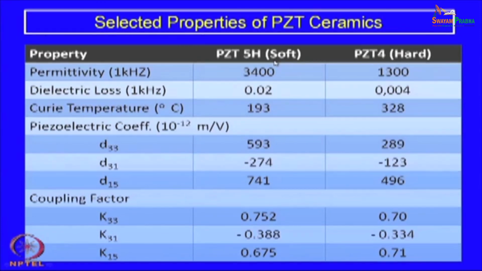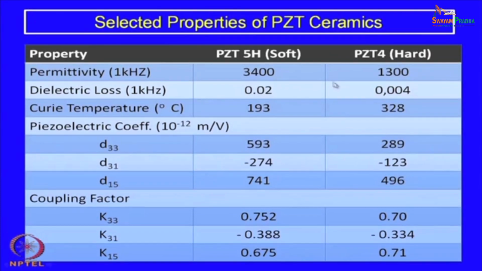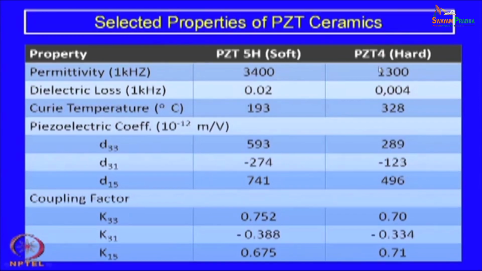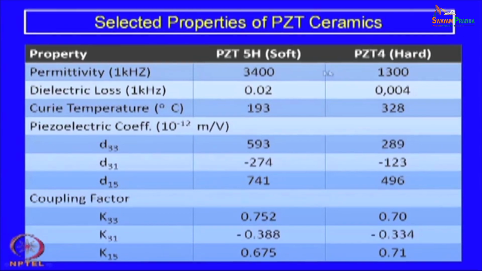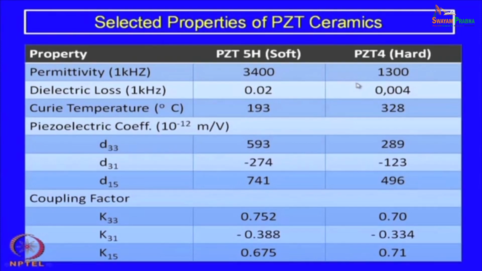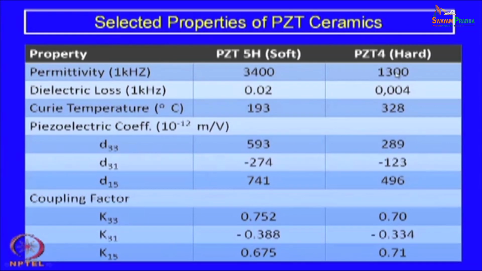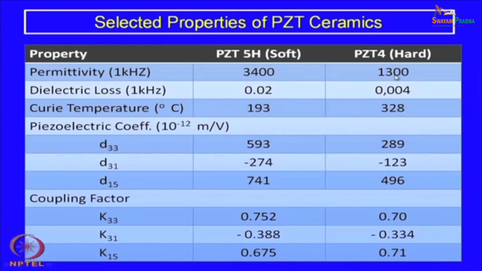Just like soft ferrite and hard ferrite, hard ferrite means you have a large BH curve. Similarly, a soft PZT has a very large area of the ferroelectric hysteresis curve, whereas hard PZT has a smaller ferroelectric hysteresis curve. So, hard PZT means it is difficult to pole, poling needs higher voltage,